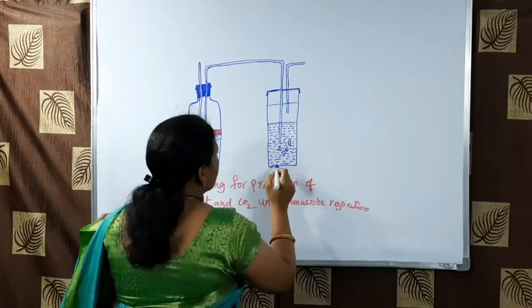In this class, we are going to test anaerobic respiration with yeast. In this activity, we are going to see the production of temperature and carbon dioxide under anaerobic respiration. For this activity, we need glucose solution, paraffin wax, diazine green, and a test tube which contains lime water. So let us enter into the activity.